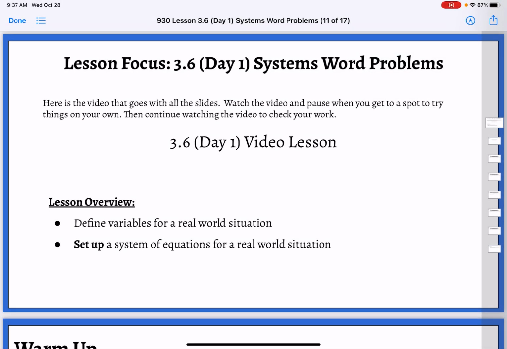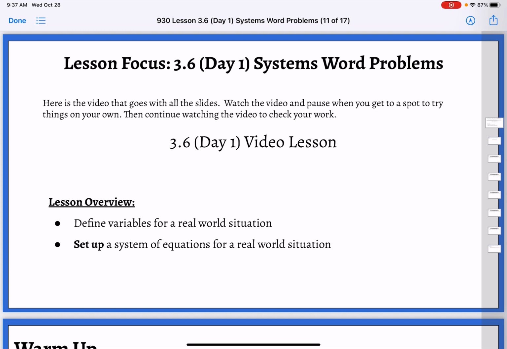Okay, so we have done quite a bit with systems so far in Unit 3, and it is now time to really focus on those real world situations. We've done a little bit along the way when we did our different methods using algebra, but today and the next couple of days, we're just going to really focus on those word problems, because honestly, that is how you're going to see systems moving forward, is just the real world situations and when you're going to have to